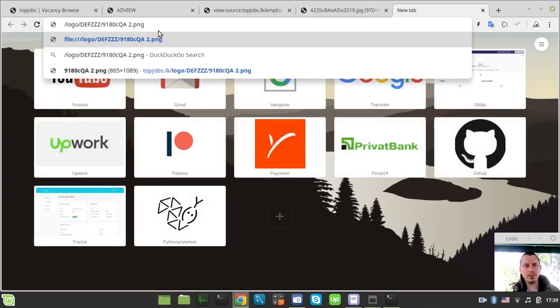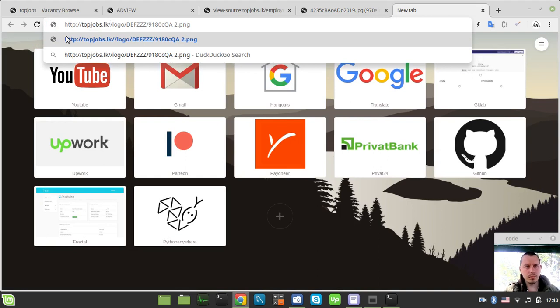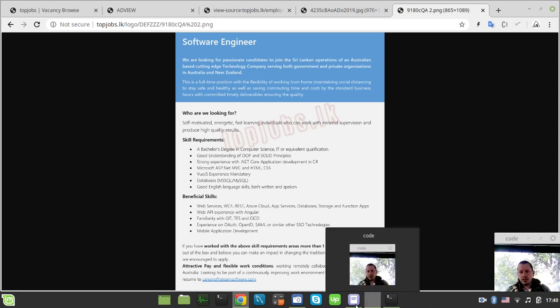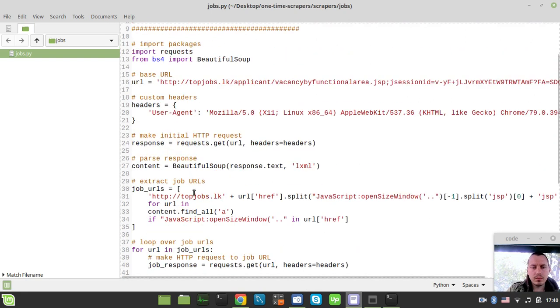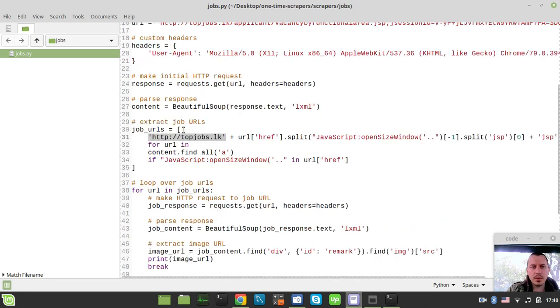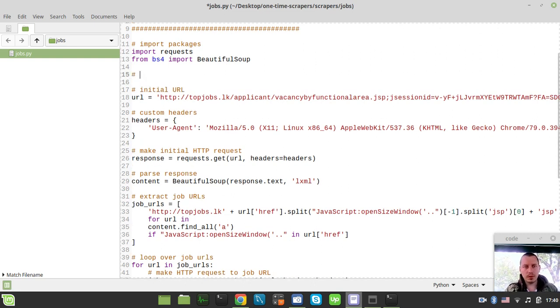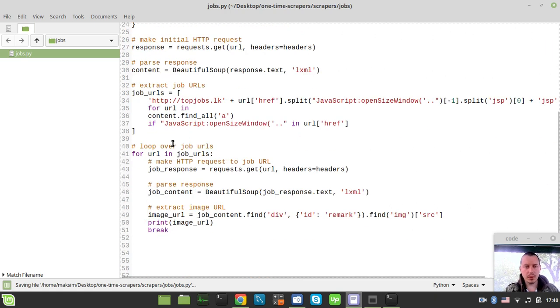we need to append the base URL, right? Yeah, perfect. Okay, so as far as we did append the base URL, okay, let's append this part. Well, this is not actually the base. Oh, this is the URL. It's not called the base URL. Let's call this the initial URL, and let's call this one the base URL. So the base URL would be equal like this. So now we can use the base URL here